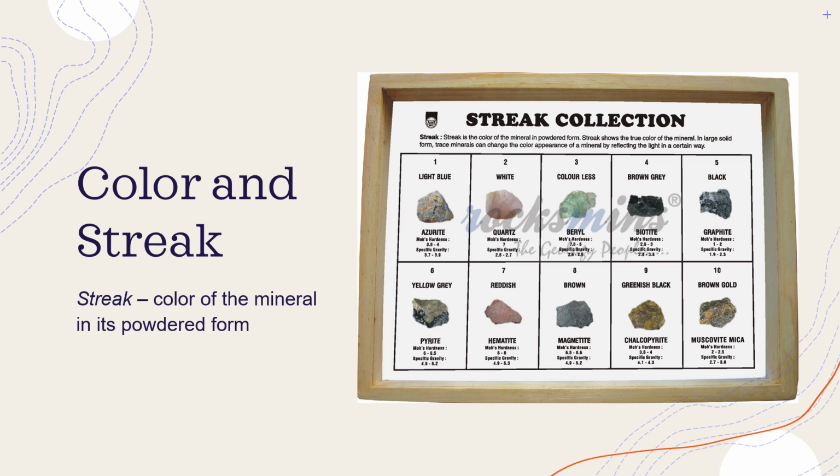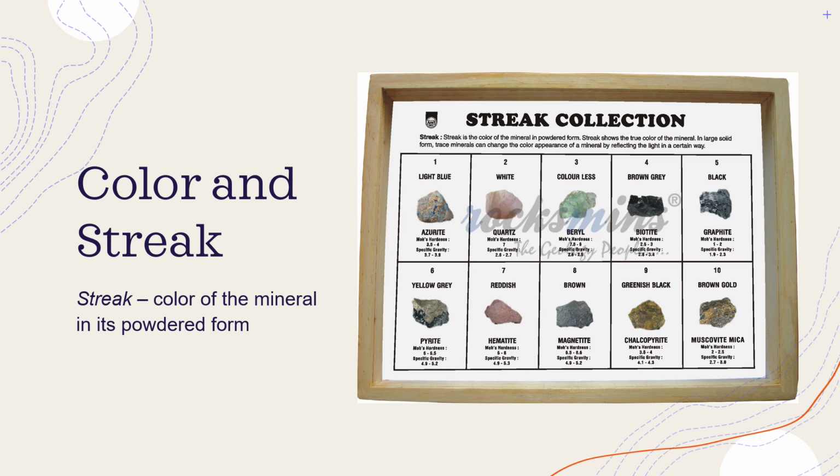Take note that streak gives you the correct or the original color of the mineral, because there are a lot of other factors that may influence the general or the apparent color of the mineral. That's why you need to test it through the streak test for you to see what is the real color